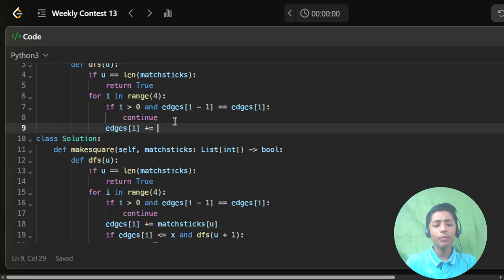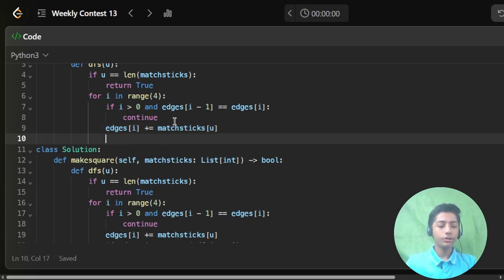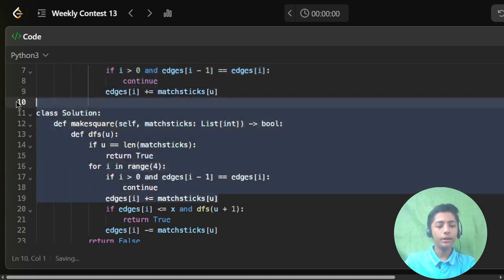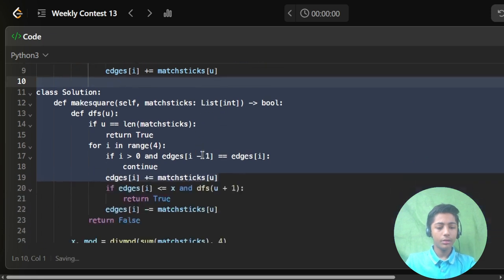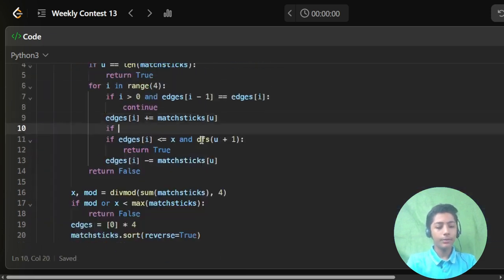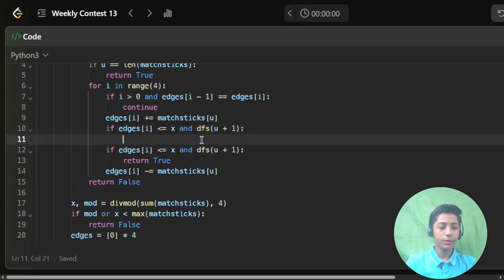This is one of the arithmetic operators I have told you about in my Python videos, but I have continued the LeetCode videos, so I am not uploading the Python videos. In Python I have completed about 200 videos. If statement, sorry, not here. Now here, if edges i less than or equal to x and dfs u plus 1,